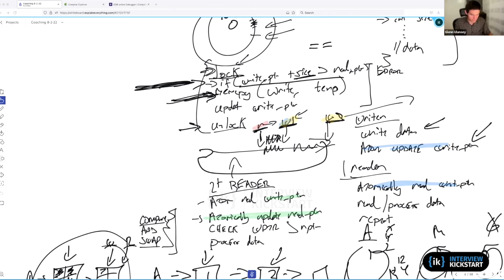If you have a case where you do have wraparound and you want to overwrite the oldest data, then that means the writer needs to both update the write pointer and update the read pointer, because there's data that now essentially has been lost, so the read pointer needs to be updated to reflect the fact that there is no longer data there available to read. And it ends up being still a doable